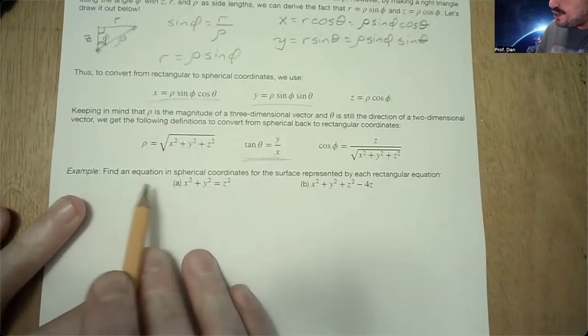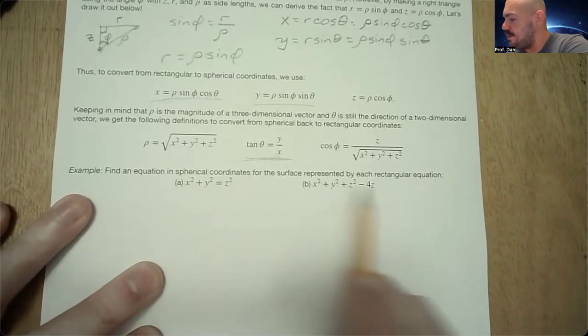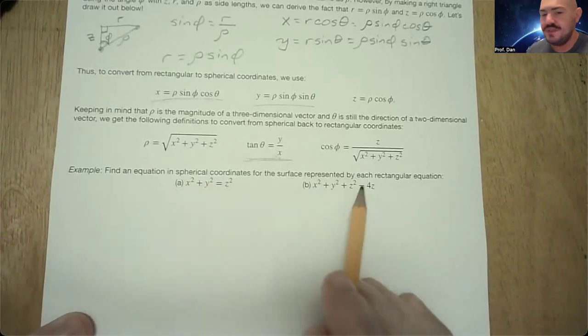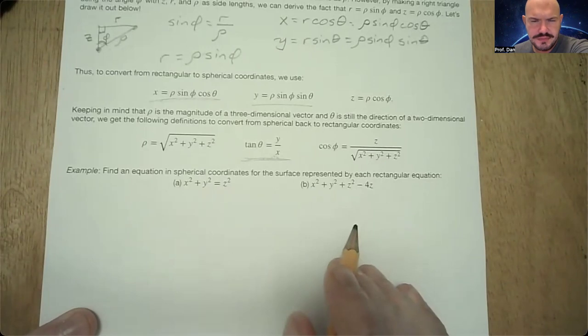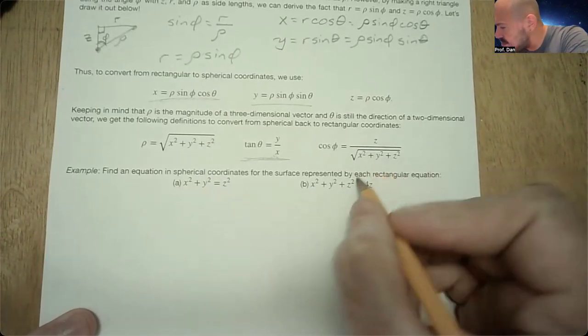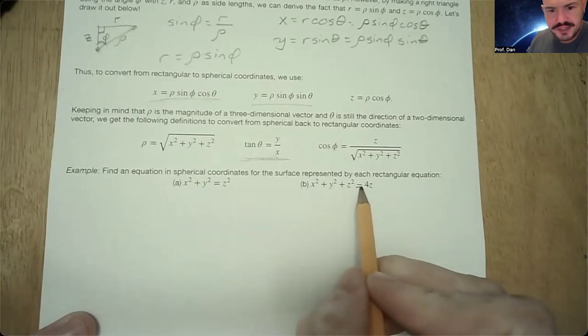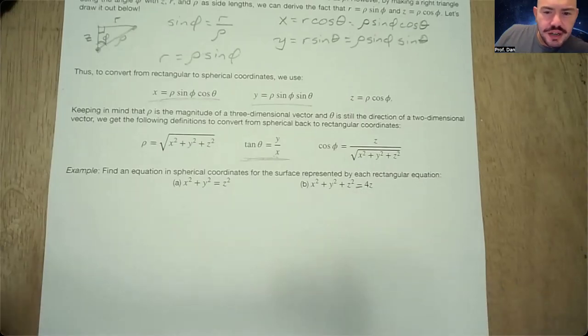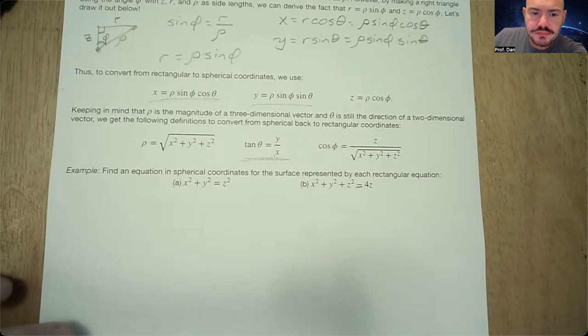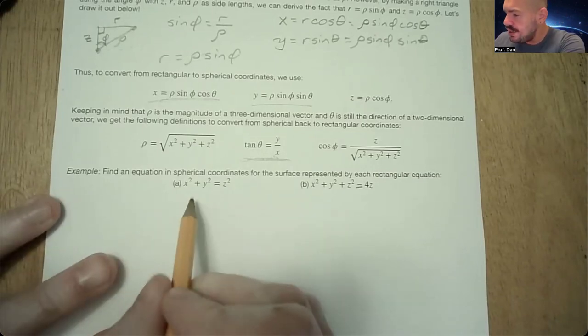let's find an equation in spherical coordinates for the surface represented by each of these. Oh, that's supposed to be an equal sign. Yep, make sure you fix that on your notes. All right, so anyway, we